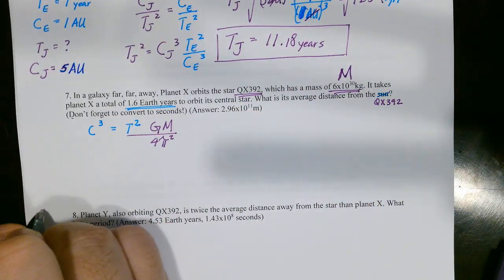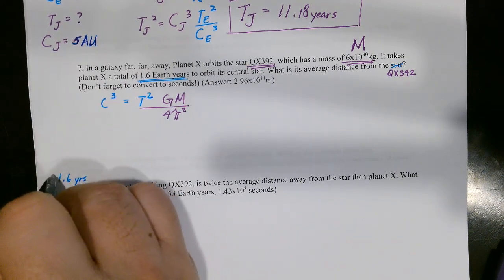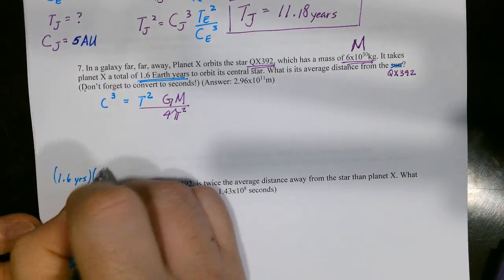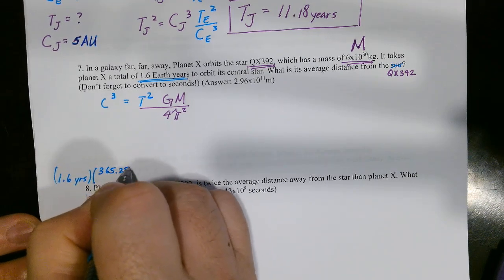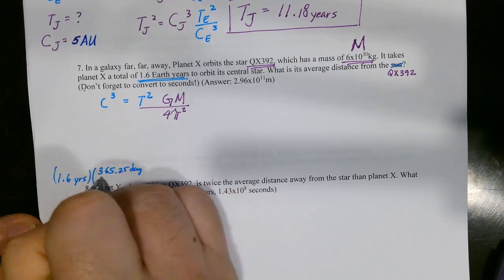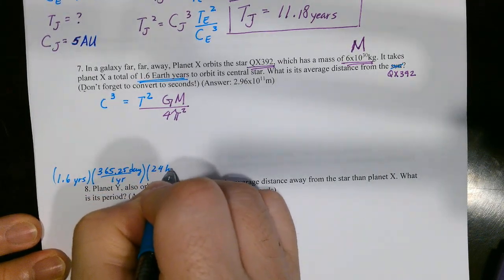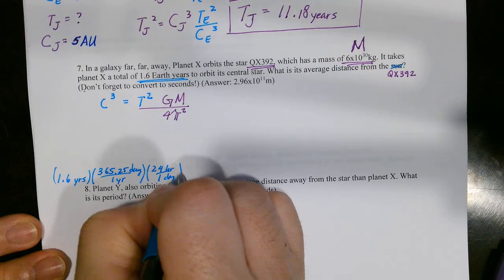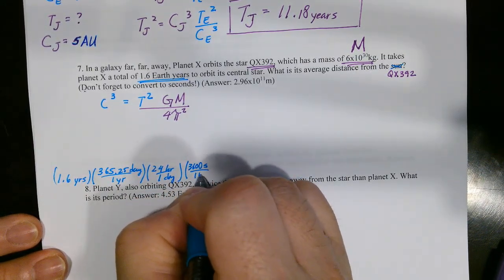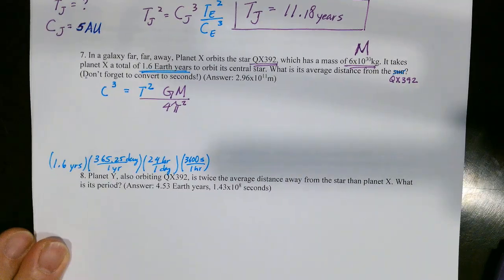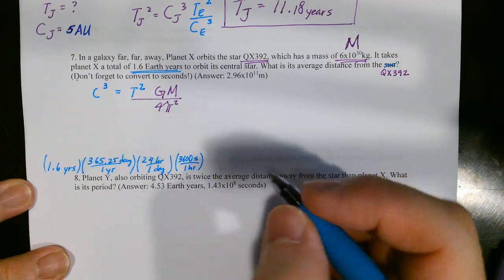So 1.6 Earth years, if we multiply that by 365.25 if you want, days per 1 year, there are 24 hours in 1 day, and then there are 3,600 seconds in 1 hour, right? So if you work that out, you're going to get something